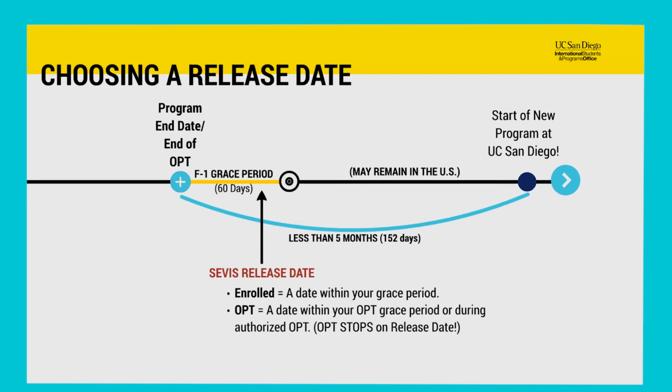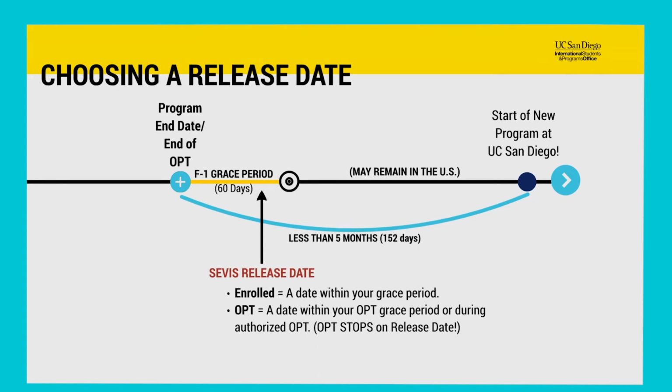So another detail is when you request your I-20 from ISPO, we cannot actually issue you an I-20 until that SEVIS release date. Okay, because we don't have an I-20 to issue because your record has not been released to us. So if you request a transfer today on May 6th and your SEVIS release date is not until August